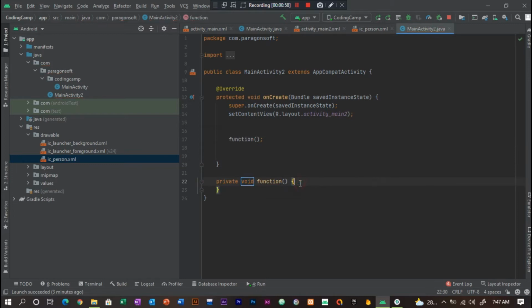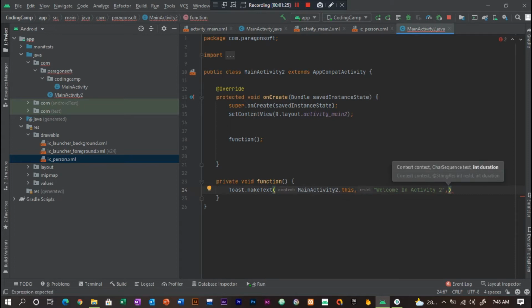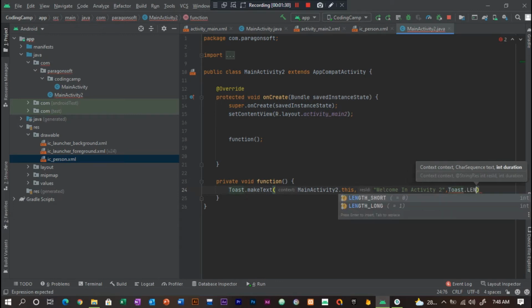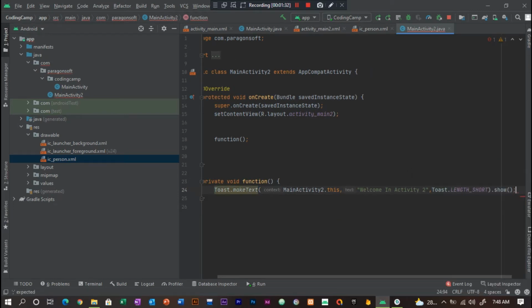Here we simply write Toast.makeText(MainActivity.this, "Welcome in activity2", Toast.LENGTH_SHORT).show().